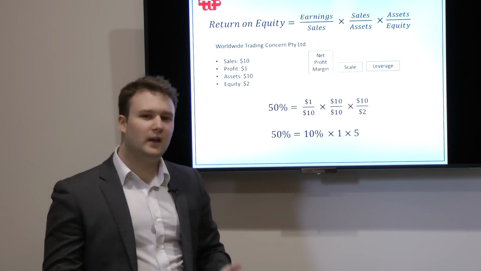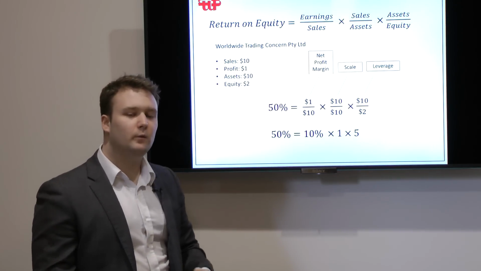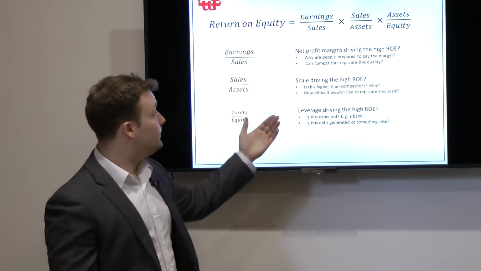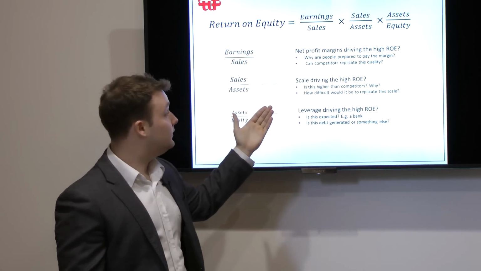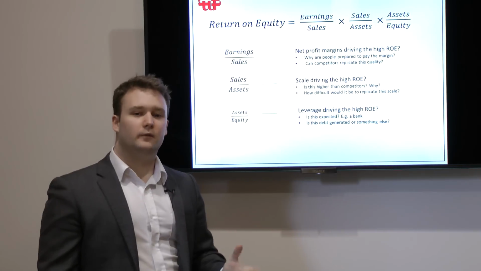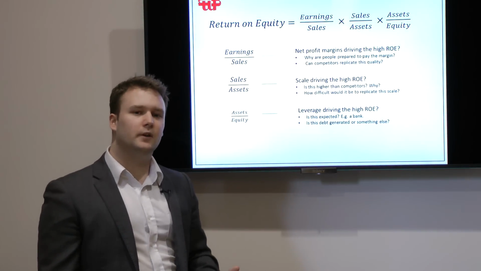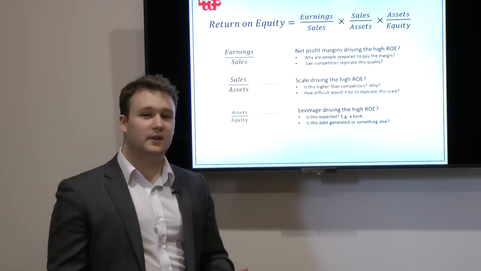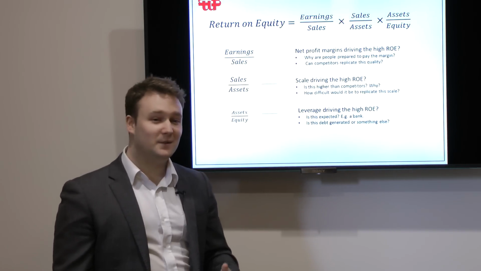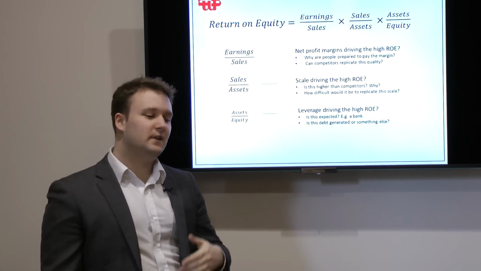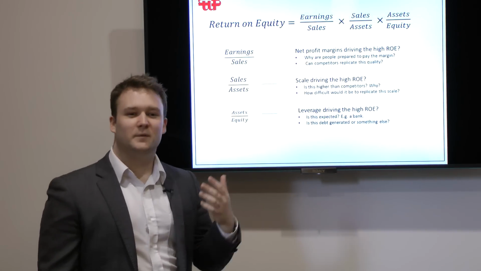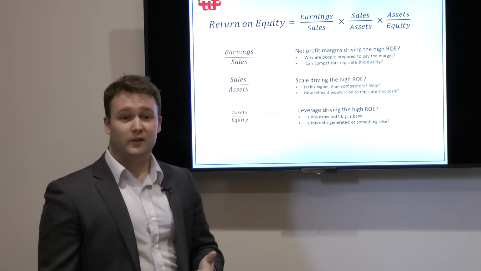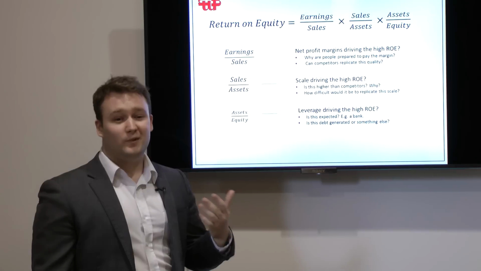So now that we've seen a few companies and we've seen what really drives their earnings, we can start to ask some questions. For firms that have a high net profit margin, obviously the returns of this company is linked to that net profit margin. So why is that net profit margin persisting? I mean, Lemonade Stand Pty Ltd just makes lemonade. It's quite a commodity good. But it must have some certain quality. It must be of a certain flavour for people to be willing to pay the margin. If you suspect in the future that that's not going to be sustainable, well, you might have to reconsider investing